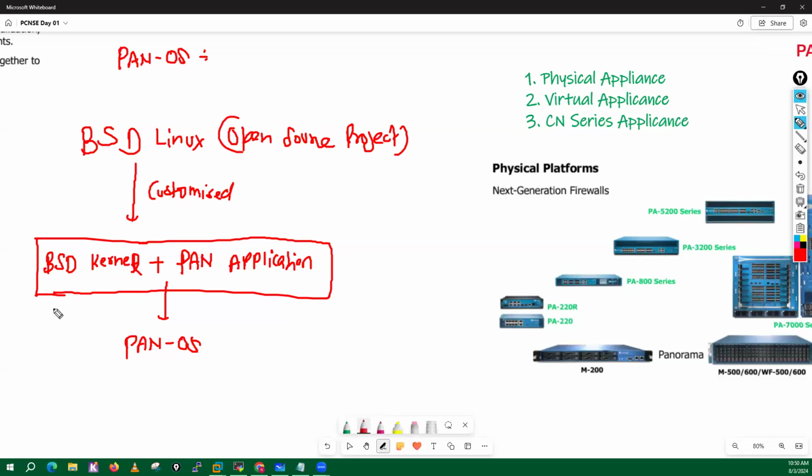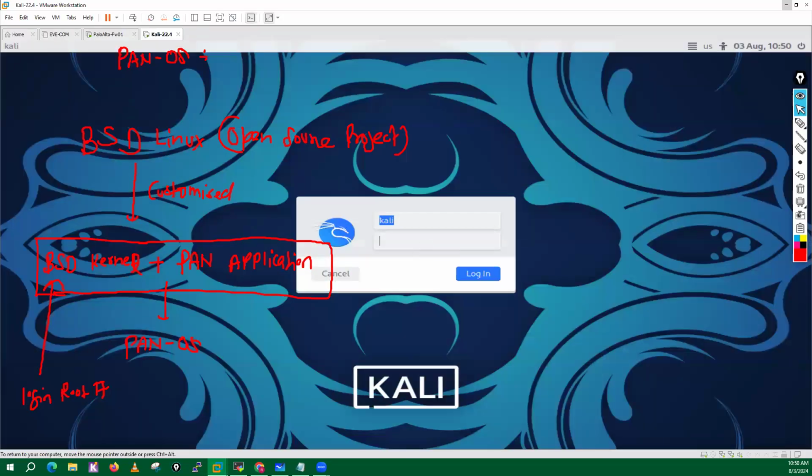If you want to do some extra or very high level troubleshooting in your Palo Alto firewall, then you have to log in to your Palo Alto firewall as a root user. What do you mean by the root user? Let me just show you, because my Linux is already running. If I go on my Linux,